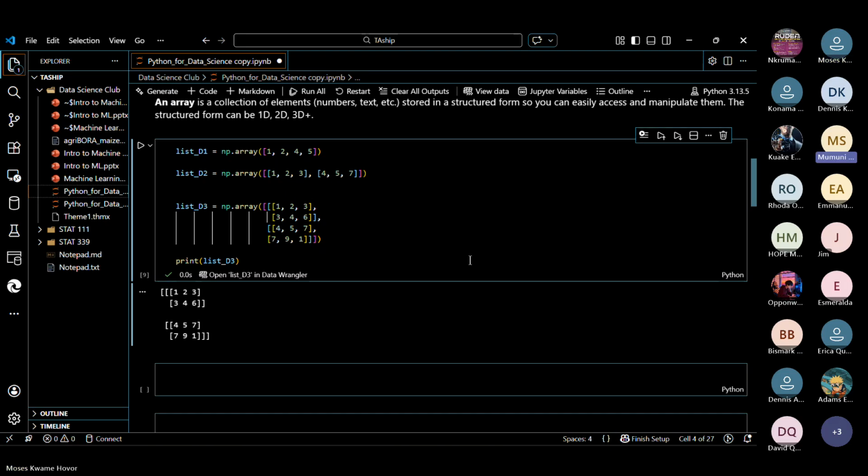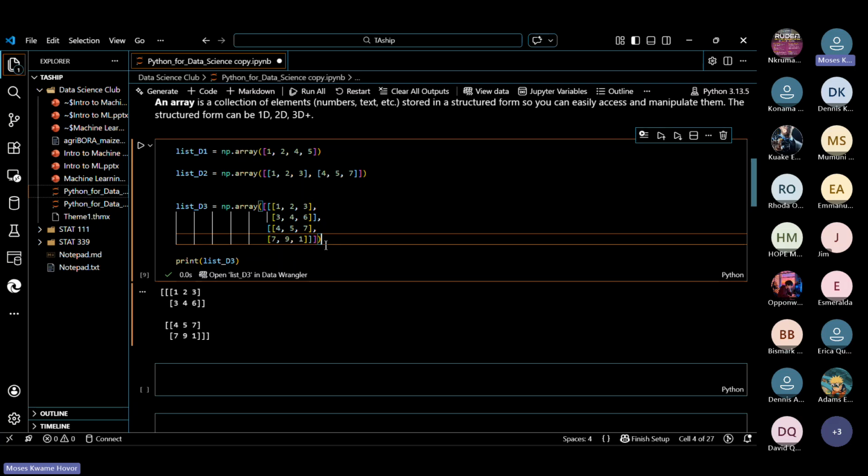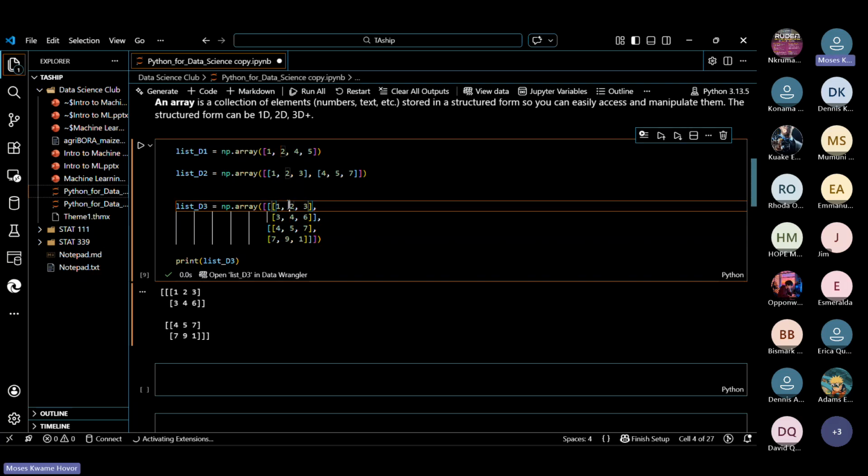Okay, so please, I wanted to ask, what can we use an array for in machine learning or data science? A practical example. All right, as I've already mentioned, this is just an overview of what you will be doing. This is just how to use the tools to do what you will be doing. So let me give you a practical example.